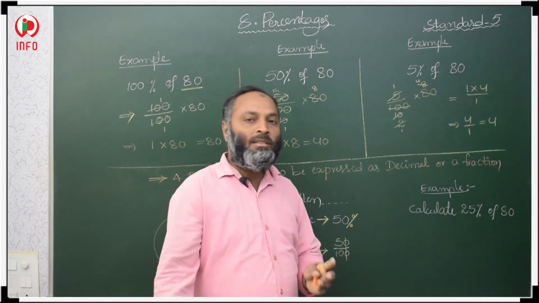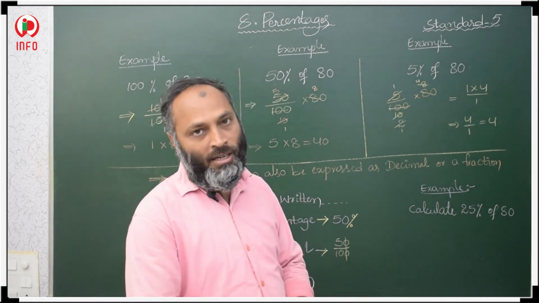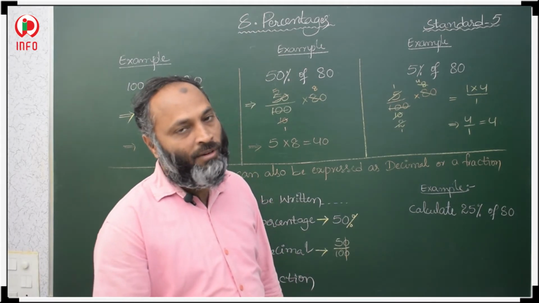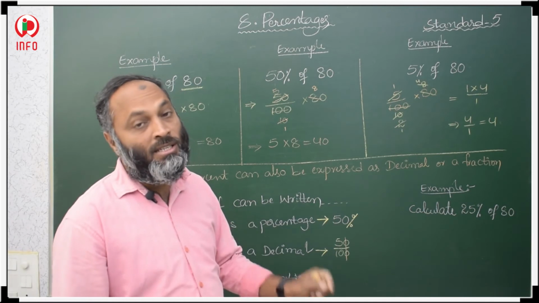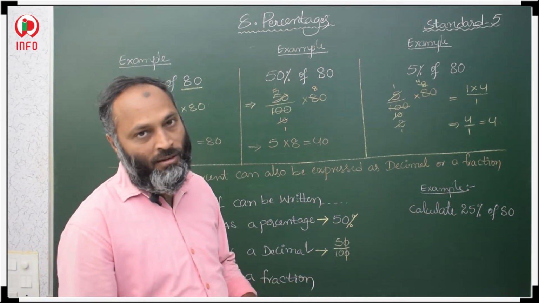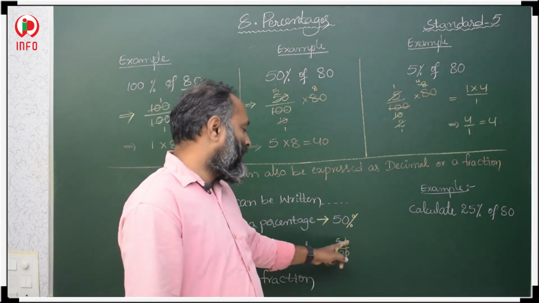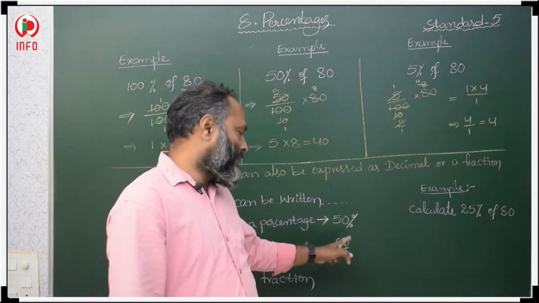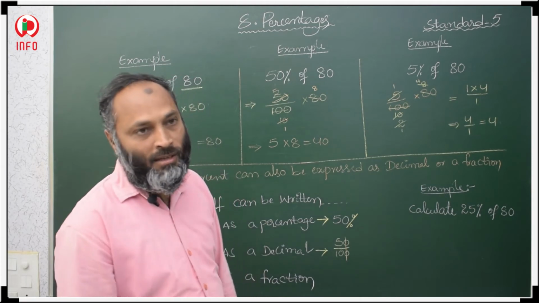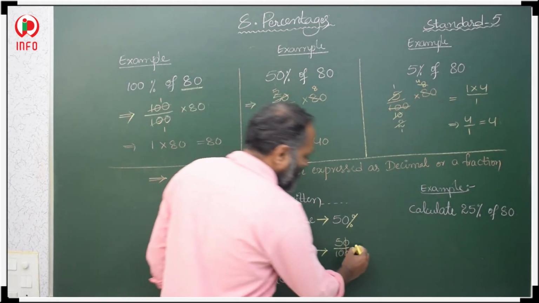So how? If you divide by 10, then you will get 5 and 10 only. That is why we cancel zeros. If the last zeros are there, then only we do this. If 5s are there, here 5, here 4, here 4, don't cancel 4 and 4. If 0 is there, then only we can cancel, otherwise don't cancel other numbers other than 0.